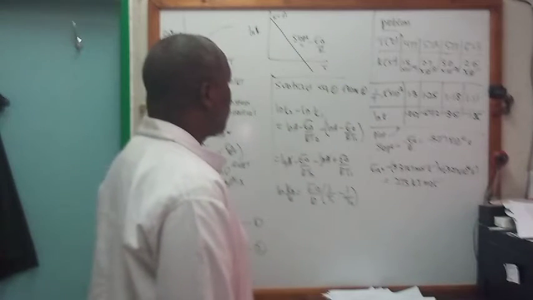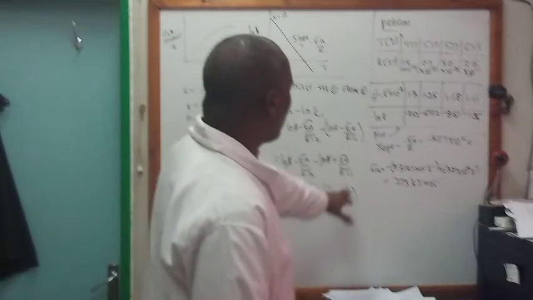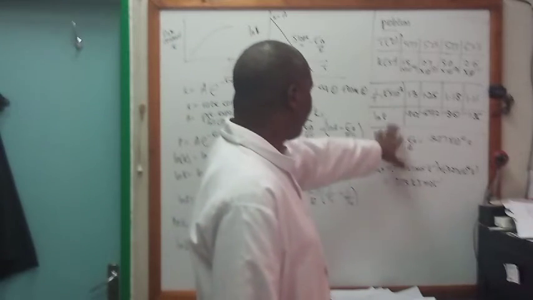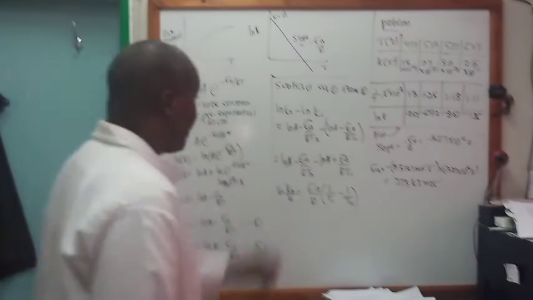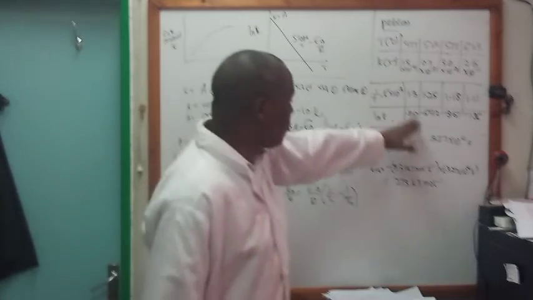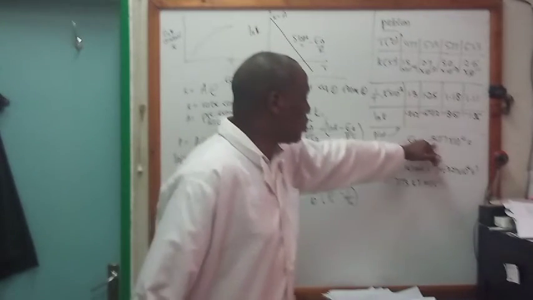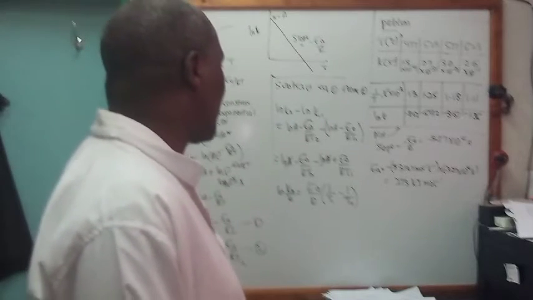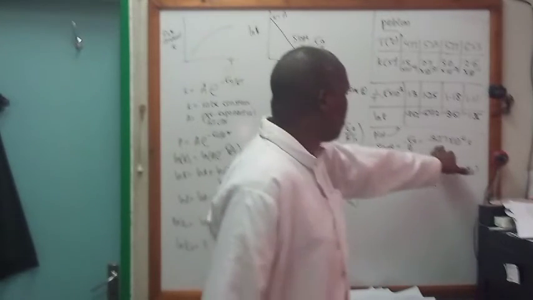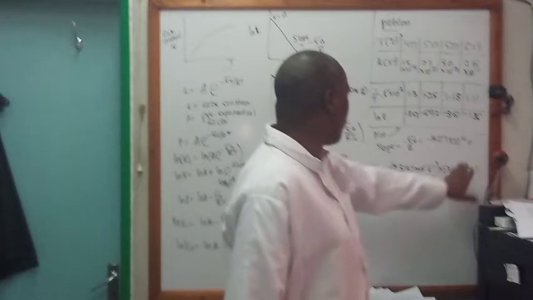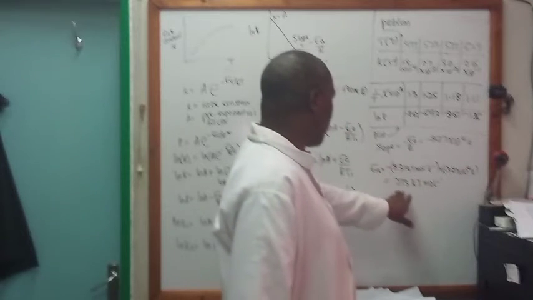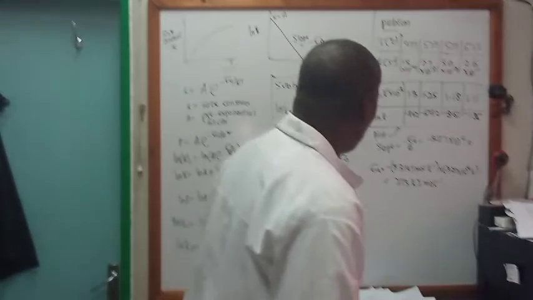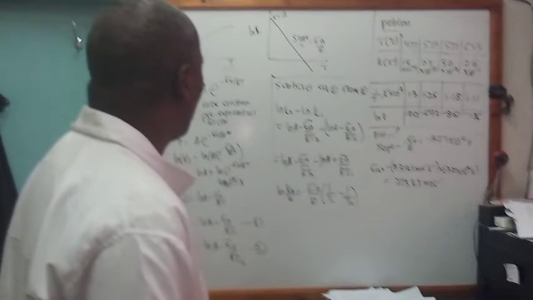Okay. So if you're going to plot that, you're going to get a slope of 3.27 times 10 to the power 4, and in putting this in, you're going to get an activation energy of